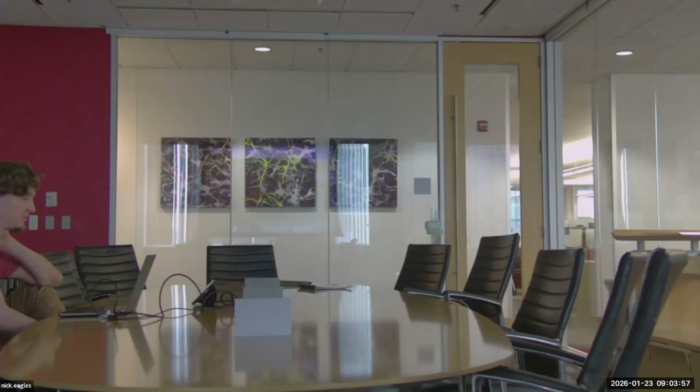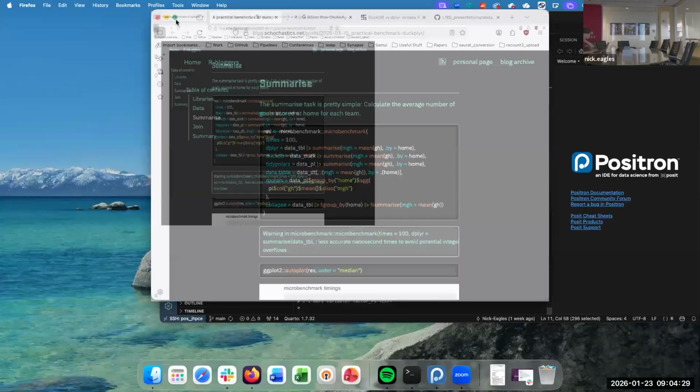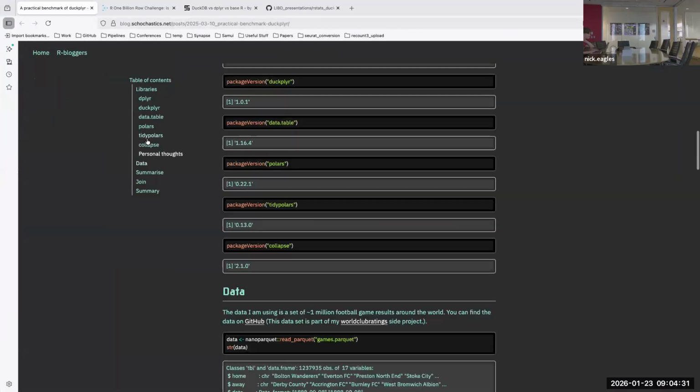as well as my own benchmark. We can take a look at both of those and see how things rank in terms of performance. Most of the benchmarks really focus on speed, although another variable to keep in mind is memory, because data.table, for example, is often more memory efficient than dplyr. I found a few benchmarks, and we can just go through